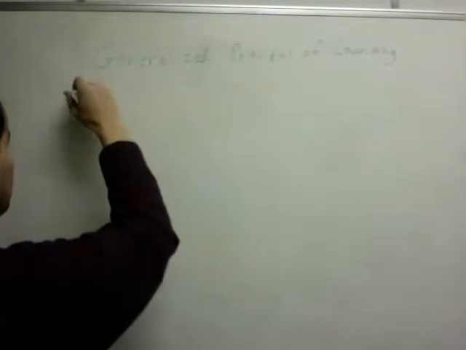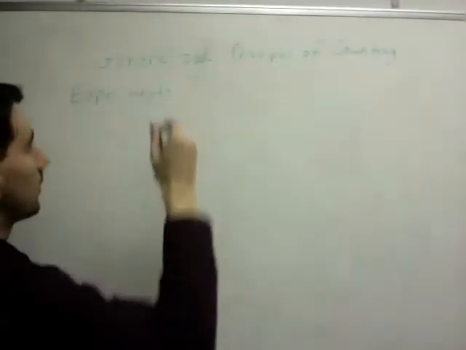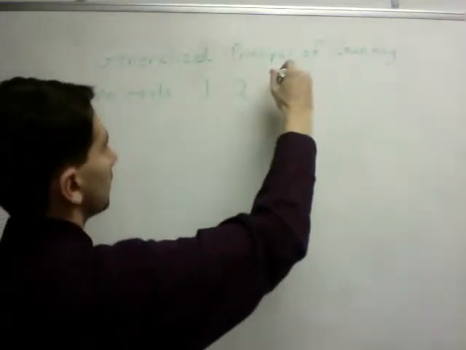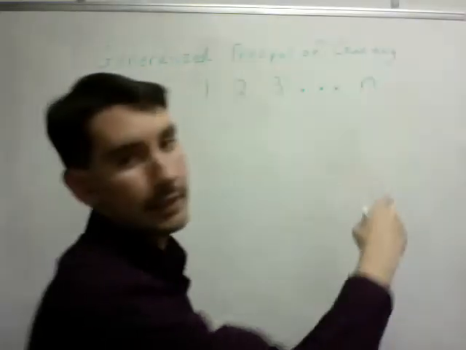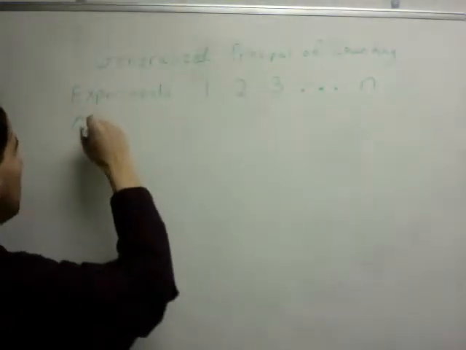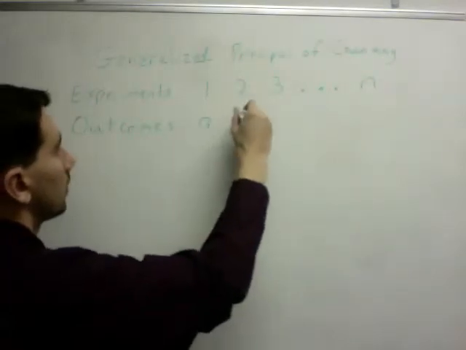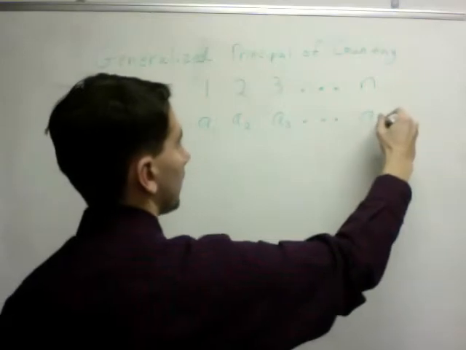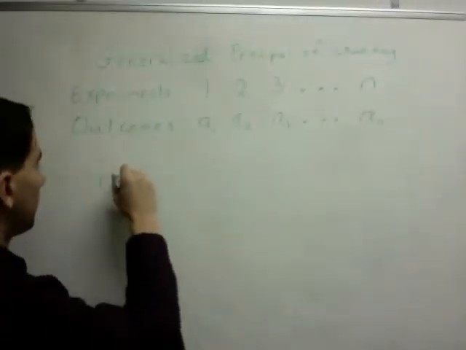We have experiments, and let's just call them 1, 2, up to n. So we have experiment 1, experiment 2, experiment 3, and so on, and we'll stop with n experiments. So we have lots of little choices to make. And then let's say the number of outcomes of each of these we'll just call A1, A2, A3, and this goes on until we have AN. Then the total number of outcomes